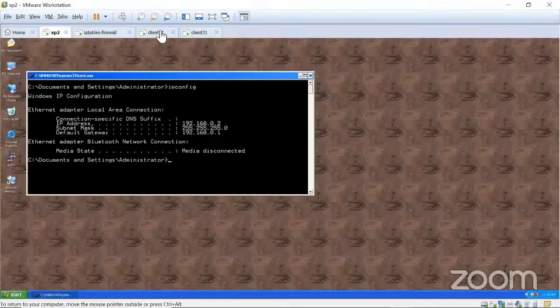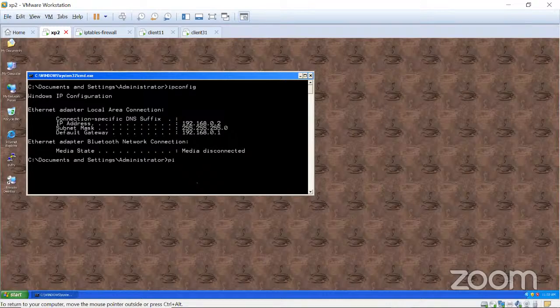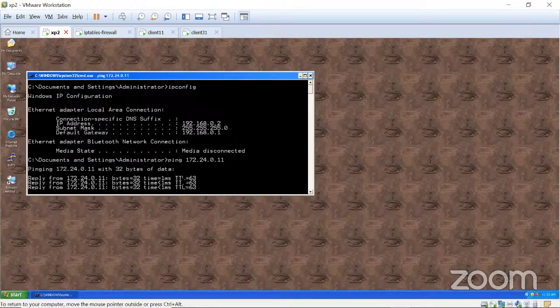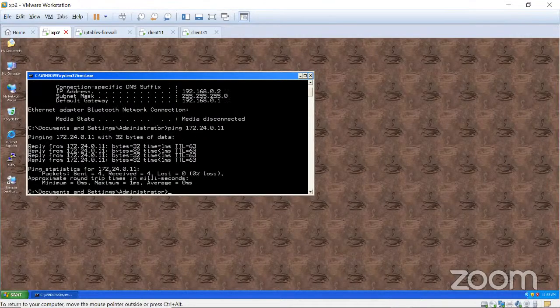Now, to check whether our full lab is working properly, from this system I am going to ping to this system. This is one command that everybody knows how to use, ping. In my case, I'm trying to ping that system on 24.0. Let us see what is happening. We are able to ping. That means from this system we are able to ping to this system. Let me again go to that diagram.